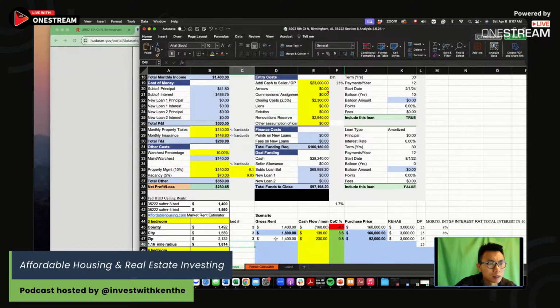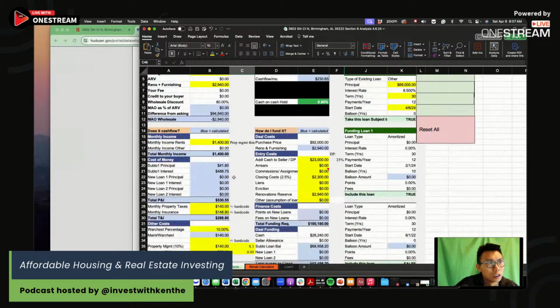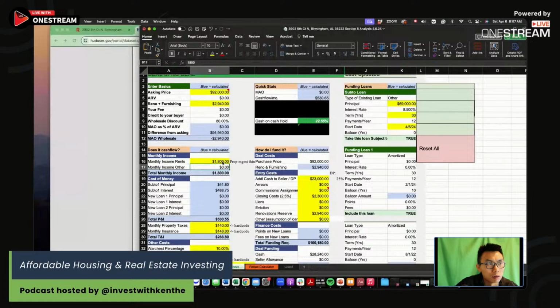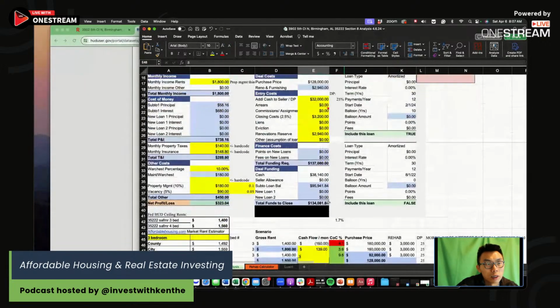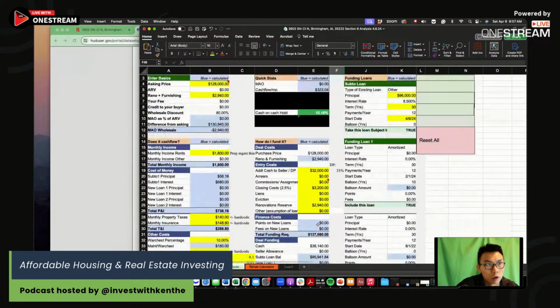Again, this is not investment advice. I'm simply sharing with you what set of terms would make these things a deal. Now, if this went back to $1,800, what would you pay? 128. So you might say, hey, if I'm really able to get $1,800 a month, well, now I'd be willing to pay $128,000. So at this point in time, you might be better served going to find a property management company